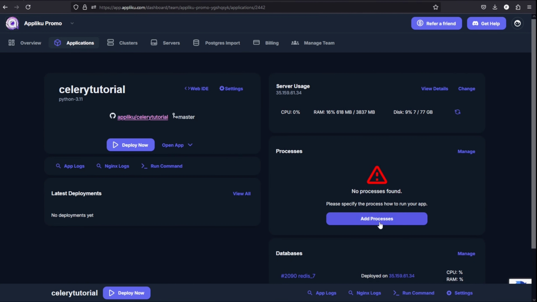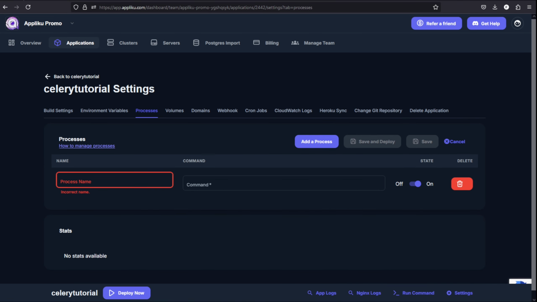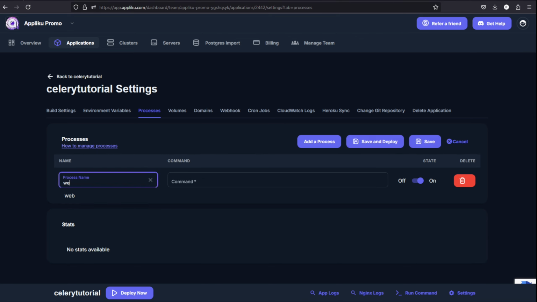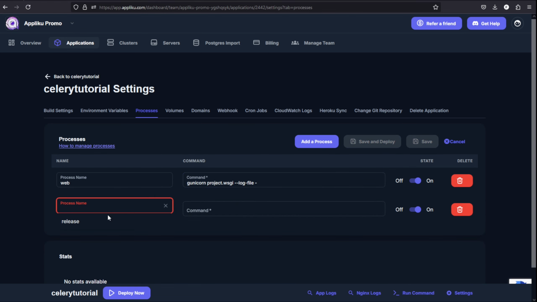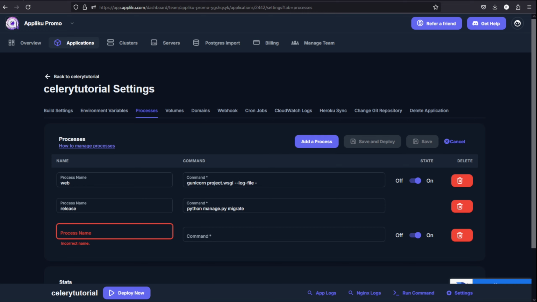Next step, add processes to run your app. From Application Overview page, click Add Processes button or go to Settings, Processes. Click Add Processes and add 4 processes: Web, Release, Worker, and Beat. Keep in mind that Web and Release process names are special. The process called Web will receive HTTP traffic from the Nginx, and the Release one is a command that is